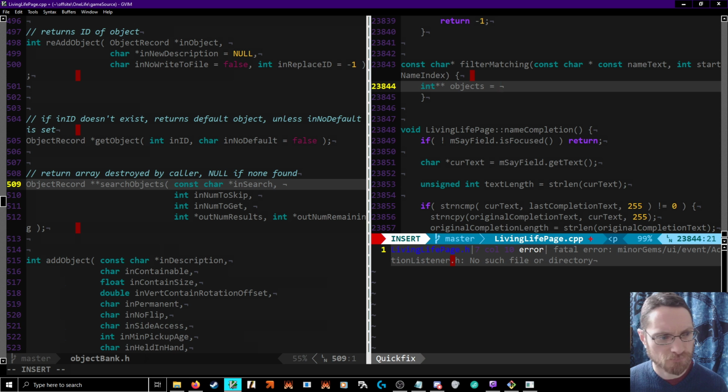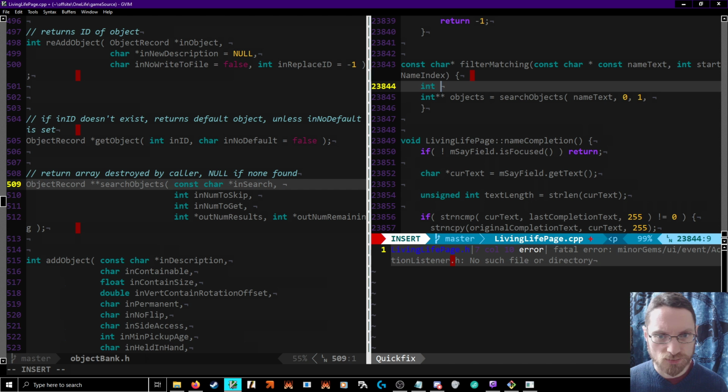We just say search objects for name text. Skip 0. I mean, we eventually need to be able to advance this. We want one at a time. And we need